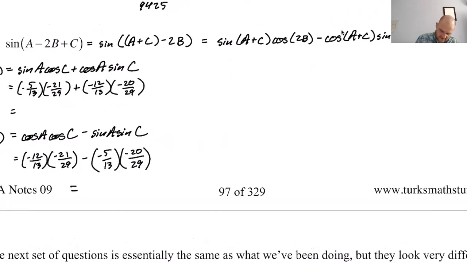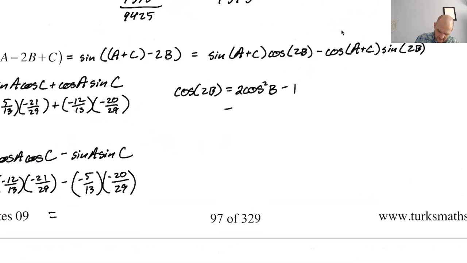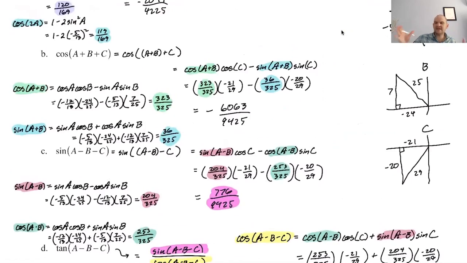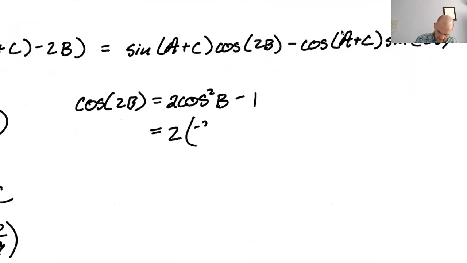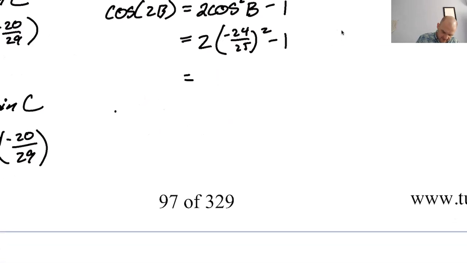Then we're going to need the sine and cosine of 2b. So cosine of 2b, do I have a preference? I don't think so. I'm going to do 2 cosine squared of b minus 1. So that'll be the cosine of b. We didn't use that yet. 2 cosine of b, so I have to look at my triangle for b. Cosine, negative 24 over 25. 24 over 25 squared, and then minus 1. We'll get that. And then the sine of 2b